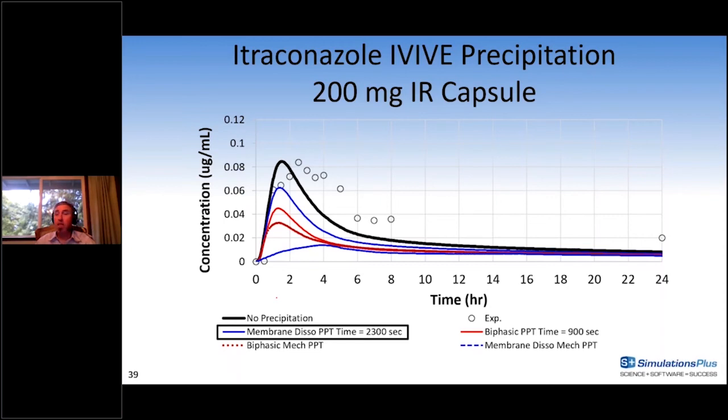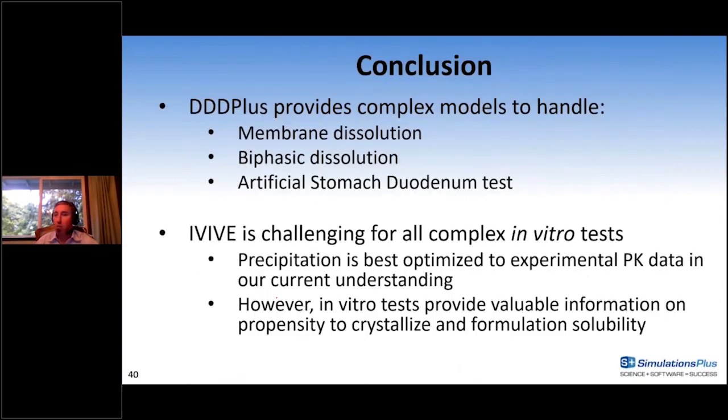And that's what we've seen for the vast majority of compounds when we're modeling in GastroPlus. Over and over again, for all the compounds we've ever looked at, we tend to see overpredictions in precipitation using the in vitro parameters when doing IVIVE. This is no different, this result here from the O'Dwyer paper. So the conclusion is DDDPlus provides complex models to handle membrane dissolution. We also can handle biphasic dissolution, and